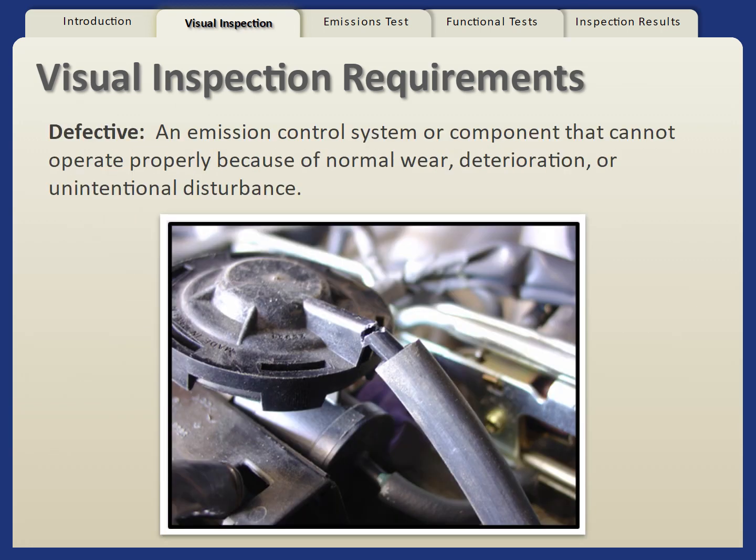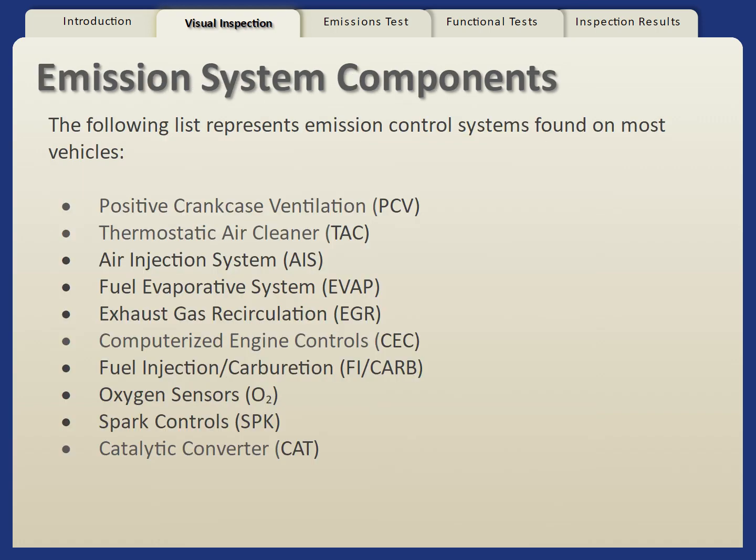The term defective applies to an emission control system or component that is worn, deteriorated, or broken, which will affect the operation of an emission control component or system. It is not a condition that occurred as a result of tampering. Examples of defective devices can be a hose, wire, cap, or thermal valve or switch disturbed and not reconnected or corrected when the vehicle was serviced.